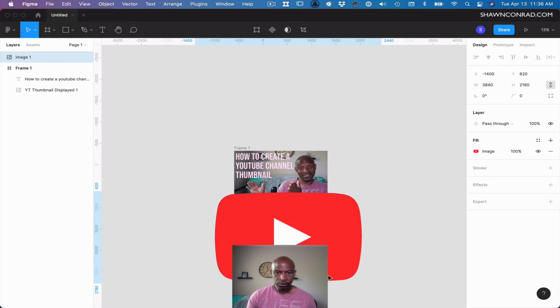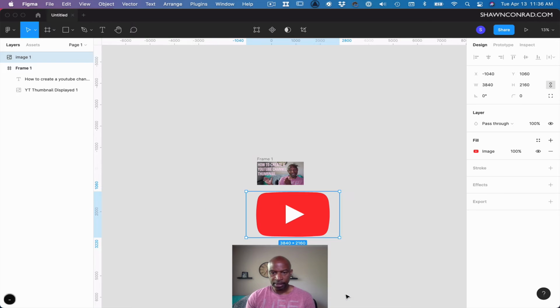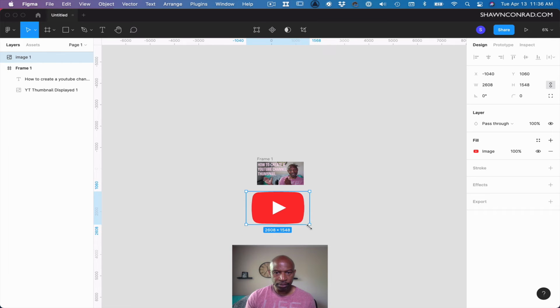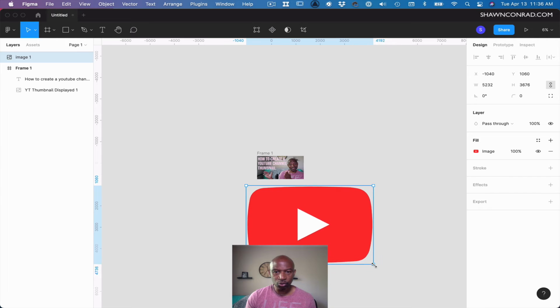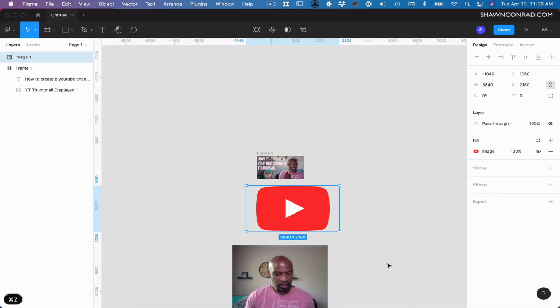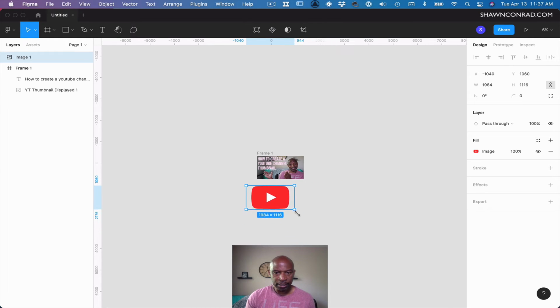Okay, so let me drag this out of the way. Remember, I hit the minus key to look at a bigger space, and I'm going to make this smaller. Now, if you don't hold shift, it'll distort the proportions of the image. So I'm going to undo that. I'm going to hold shift and now drag from a corner, and it keeps the correct proportion of